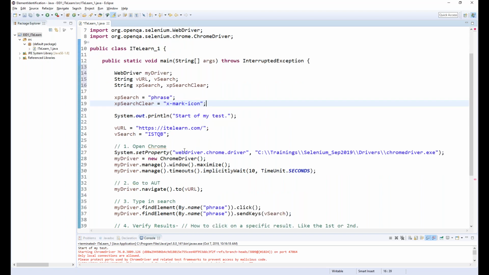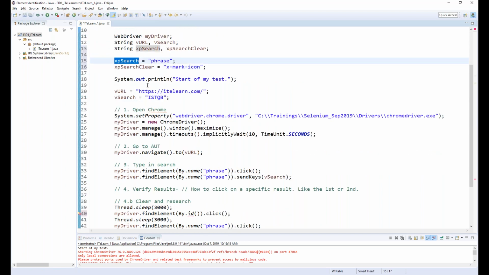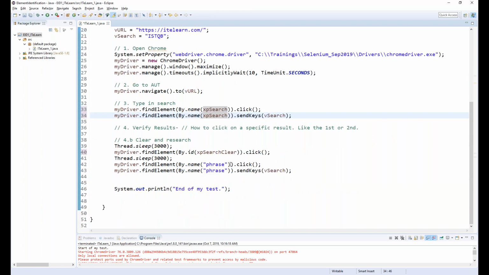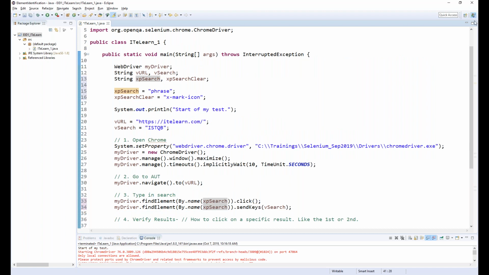So all I'm doing is I'm putting XP search. Actually, let's do this first. Here, XP search without quotes because it is a variable name, and the same here and the same here. Why did I write XP search? I'm so sorry. I got used to saying XPath, but it is not XPath. It is just